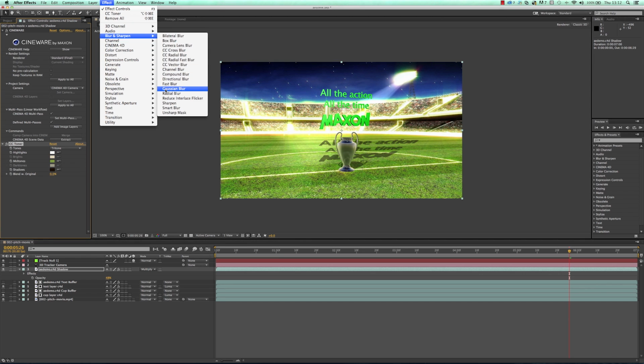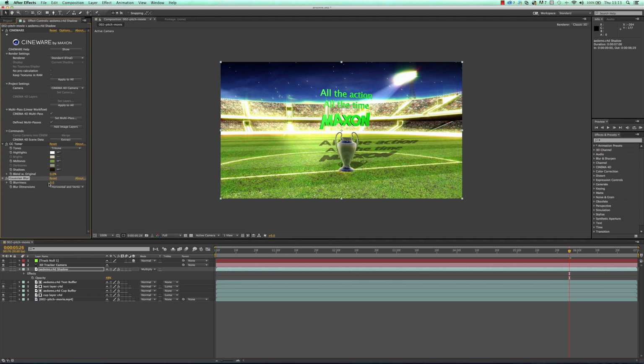So one thing that can take quite a long time to calculate in Cinema 4D or any 3D tool are blurred shadows and blurred reflections, and having the stuff on separate layers means you can do that very fast inside After Effects. And of course, because it's real time, you can see exactly the result that you want, as opposed to having to wait to render to see what the effect is like in Cinema 4D. So doing the blur of your shadows in here is quicker, and you can get exactly the result that you're after. So I'll just ramp up the blur, and now you can see I've got this nice blurred shadow that's looking a lot nicer than I had before.